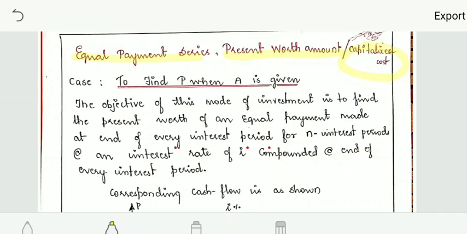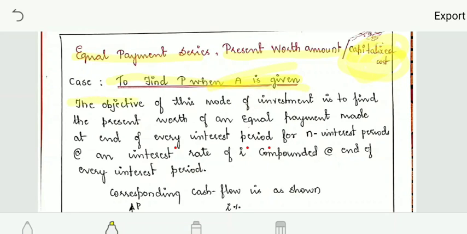Or it may be that you keep some amount in the bank so that every month this much amount is released, which means it is an equal amount. So in both cases you can understand why it is called the present worth factor, or also the capitalized amount. You are finding out the present worth. You know how much the amount is, you also know the rate of interest, and you are calculating today's worth of that amount, so it is called present worth. You are going to find the present worth for the amount A that is already given.